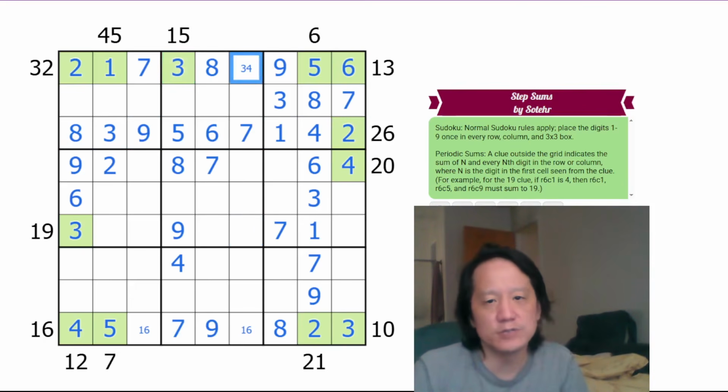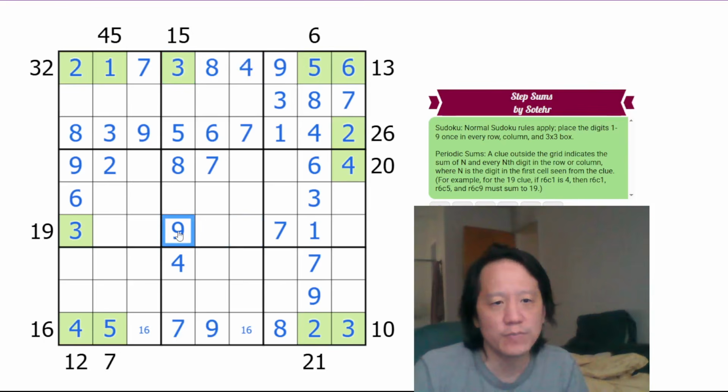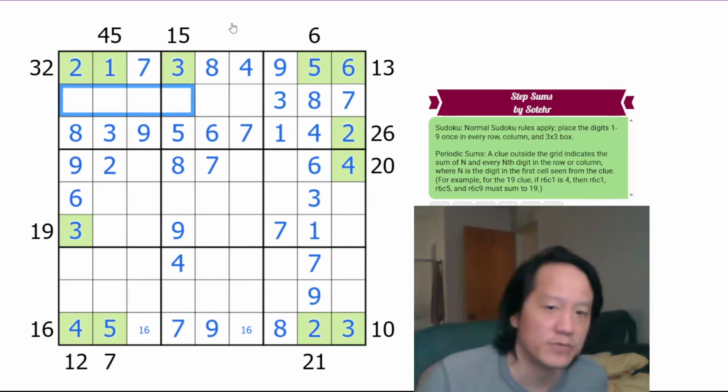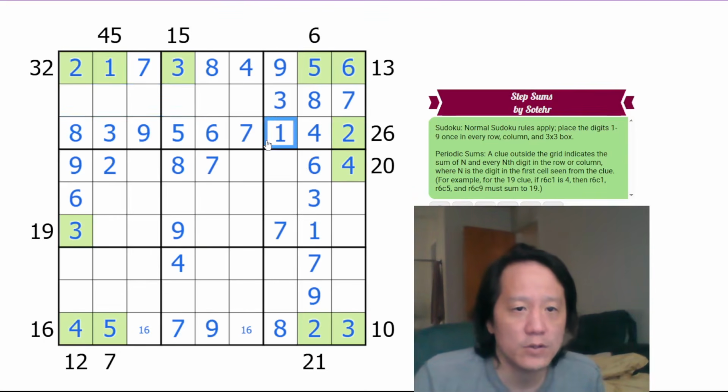This 3 eliminates 3 here, so this is 4. And the rest is probably going to have to be done just by Sudoku. So